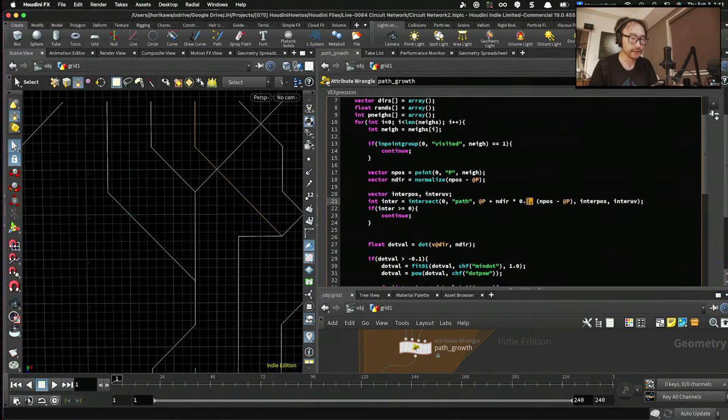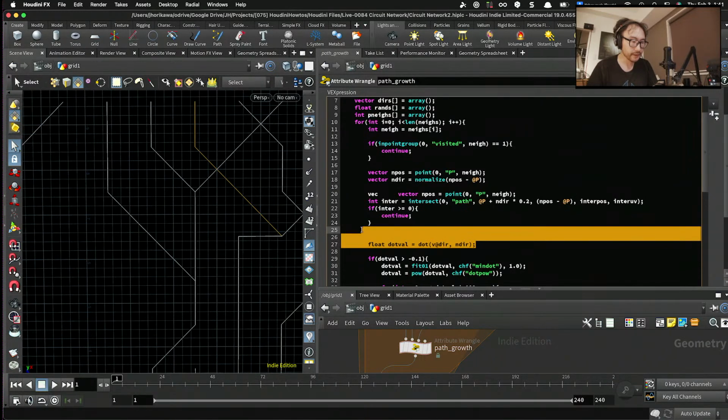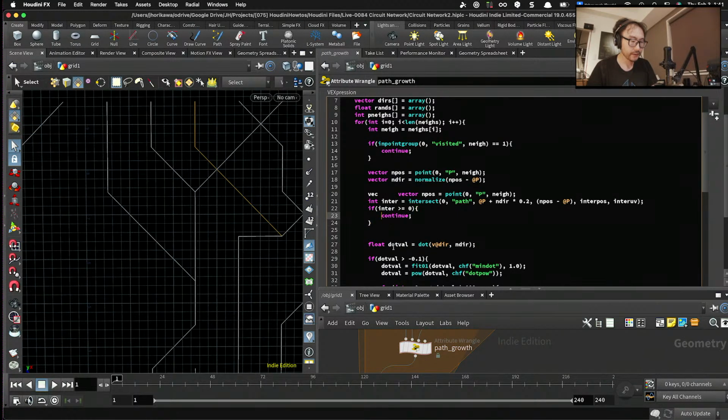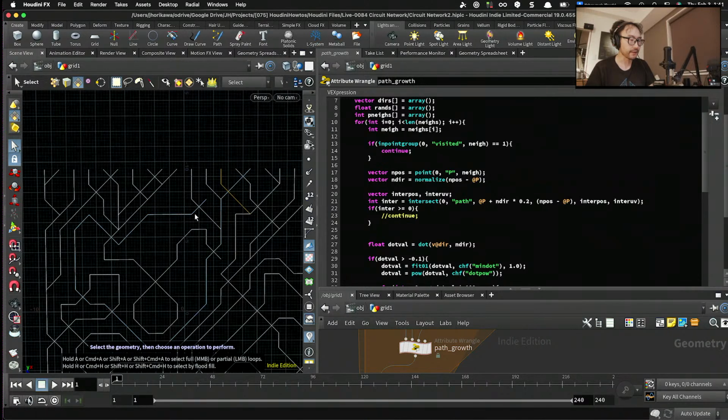Let me see if things change by changing these values. Nope, not much. Nope. So maybe not these problem. Oops, what did I do? Okay, if I disable this one, oops. Okay, I think if I disable discontinue, okay, I start to have these intersections, so